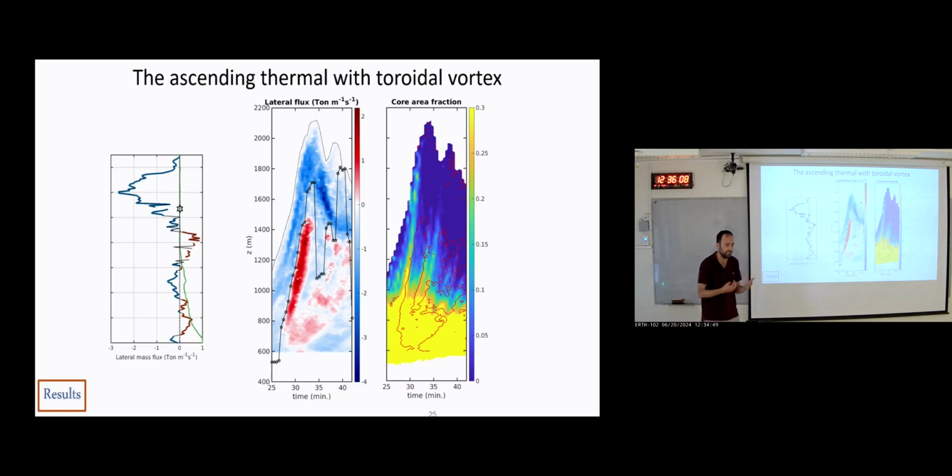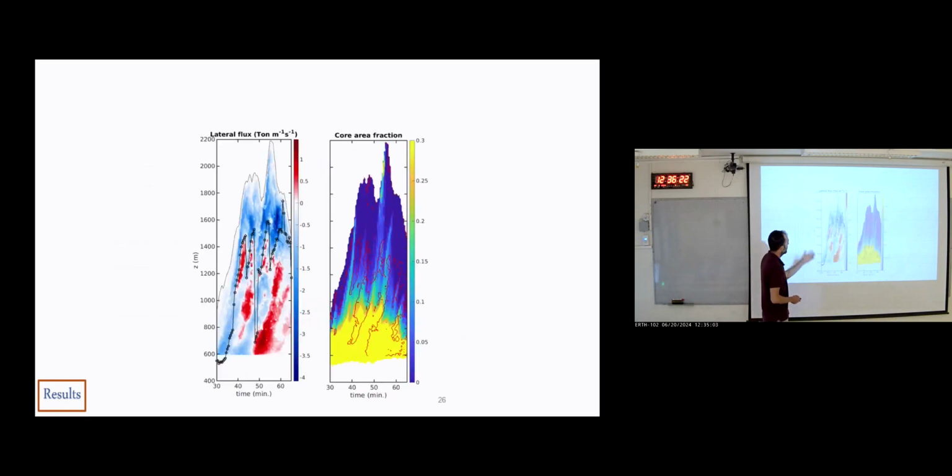So it's kind of a Le Chatelier principle, where you have the core, you have the largest buoyancy, so air will move up faster, but then if it moves faster, the curl and the toroidal vortex will be stronger, and air will be more entrained. And this is